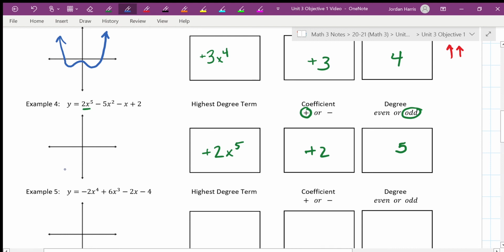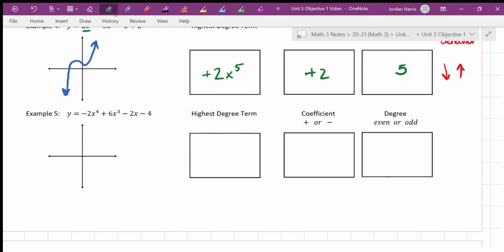Kind of looks like this is, once again, a really rough sketch, general shape. And so we look at the end behavior, which is this time down, up. So down, up. Notice I'm going left to right, leftmost, the left arrow, right arrow, basically. All right, next one,